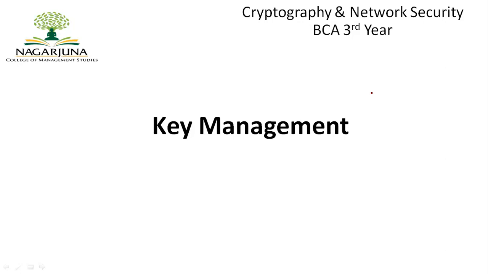A symmetric key is where there exists only one key, which is used for the encryption purpose, and the same key is also used for the decryption purpose. So this is what we call a symmetric key. For example, A and B are two different users, where A encrypts a message using a key called K1. The same K1 is also shared with B, so that B will be able to decrypt the message sent from A. So when two different users make use of the same key to perform encrypt and decrypt operations, this is what we call a symmetric key.